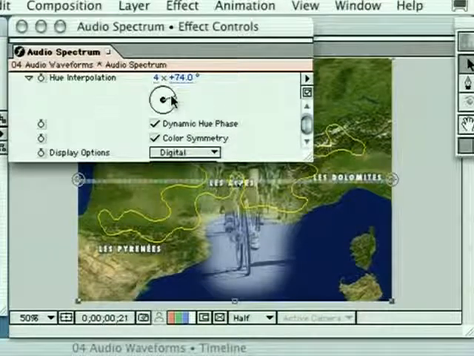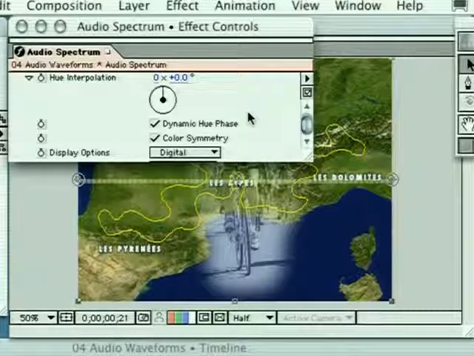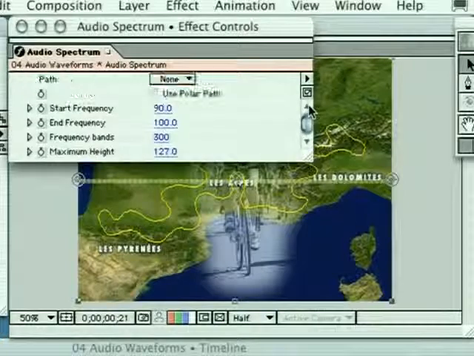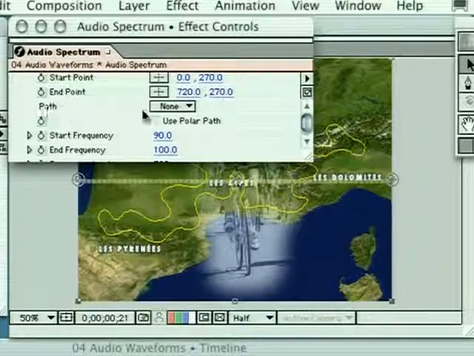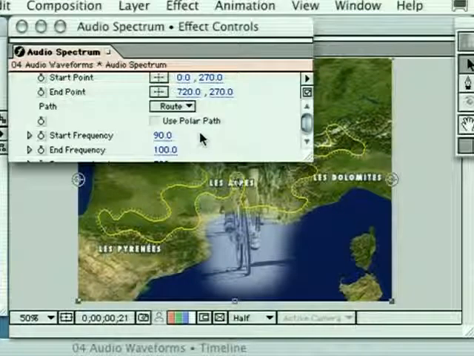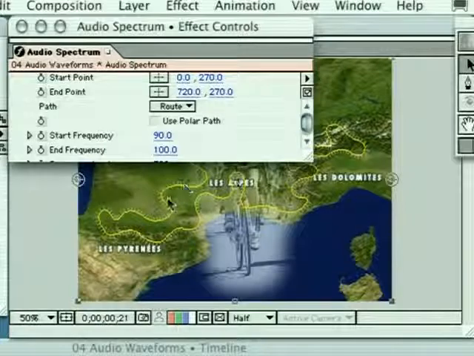I'm going to take my hue interpolation all the way back round to 0. Use the shift key to snap it in there, so I've got my original colors. And then I'm going to come all the way up to the top here and tell it to use a path, because we have a mask path here that I've copied and pasted into a layer. I can go ahead and just choose root, and that's now going to attach the audio spectrum around the outside